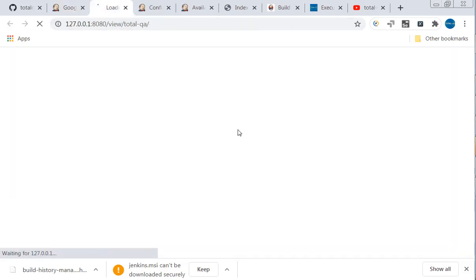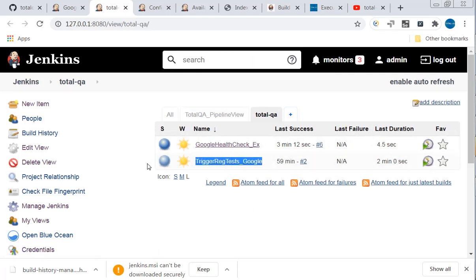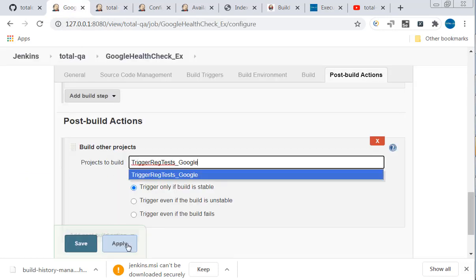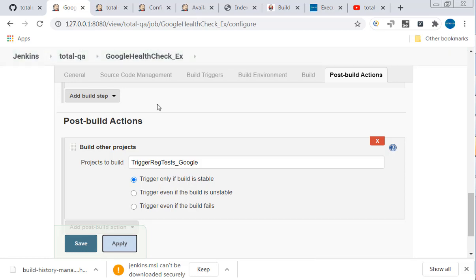So right click and open total QA view and try to copy this job. Go here, put it here, apply, trigger only if the build is stable. So when are we going to trigger this job? Only if this Google Health Check job is successful, only then will this job be triggered.